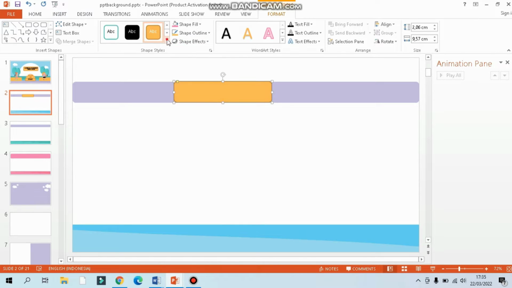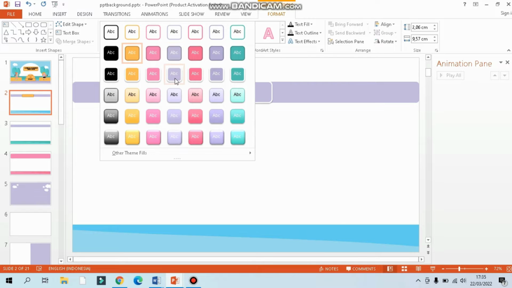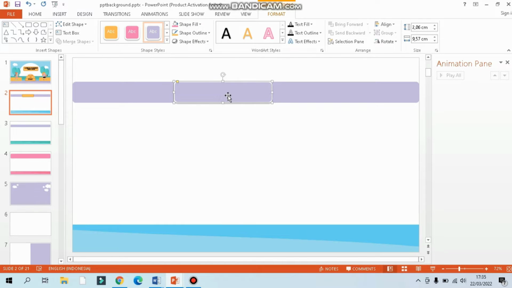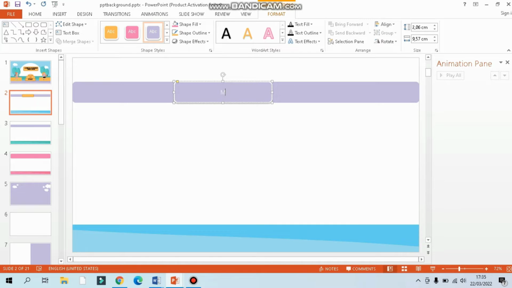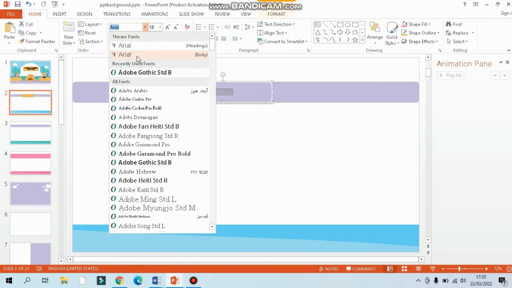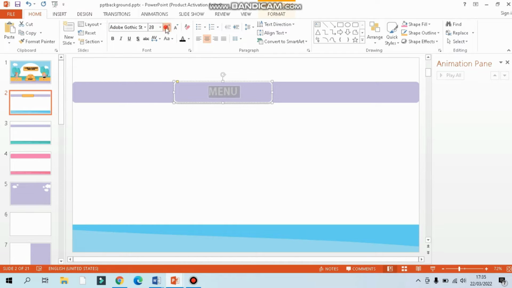You can change the style. And next I want to edit the text and type menu. And you can choose the font, the size, and the color.